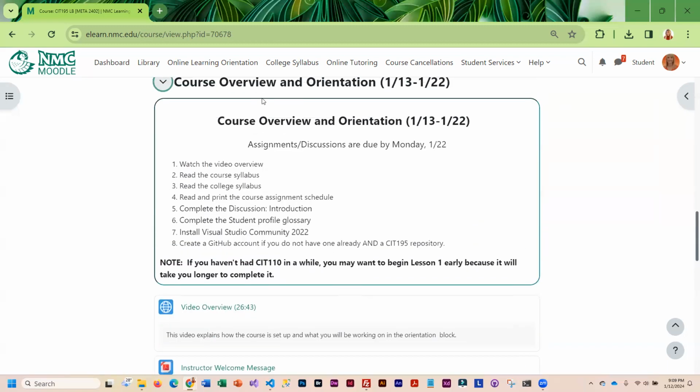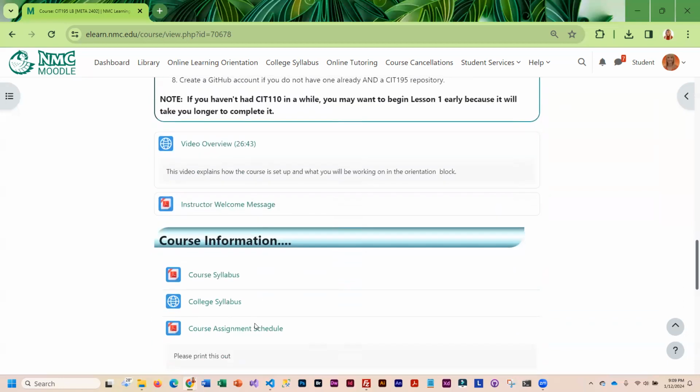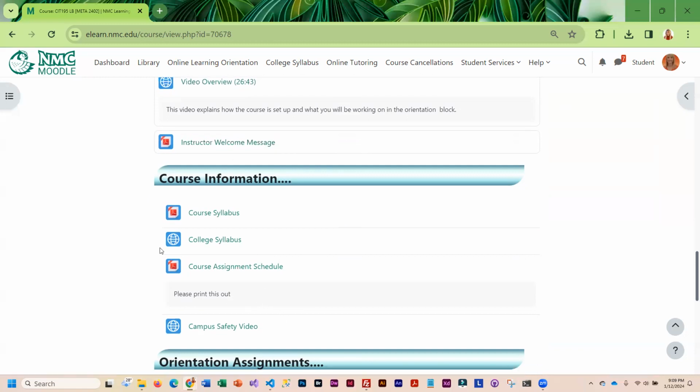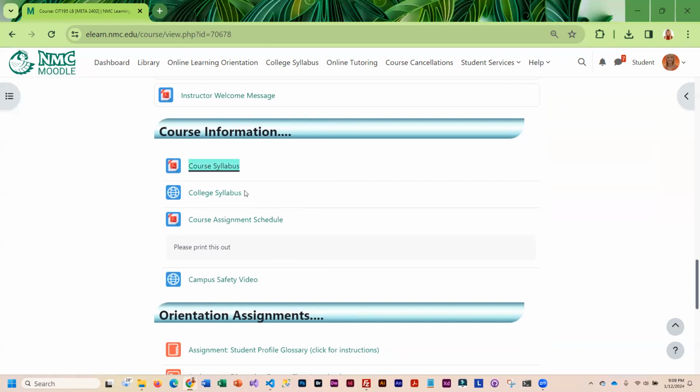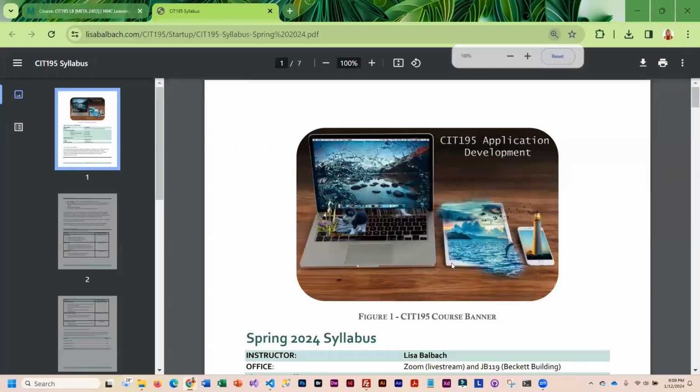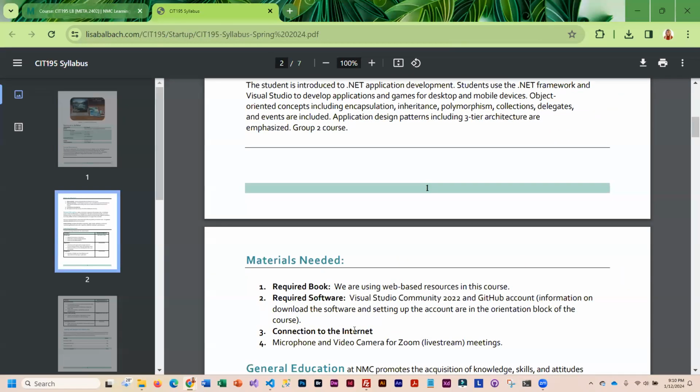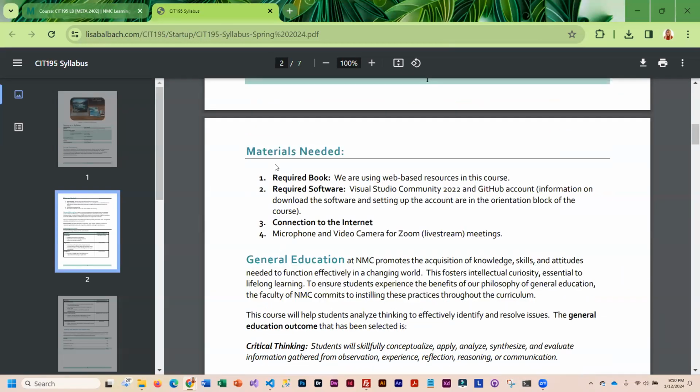So moving on through the overview and orientation, I do have a welcome message, just explaining kind of how this course is set up, when things are due, what my expectations are, that type of thing. The syllabus is linked in here. And again, my office hours are listed along with a description of the course and the materials. So we are not using a book